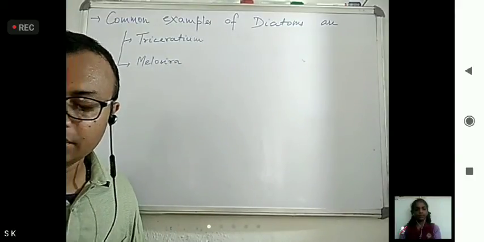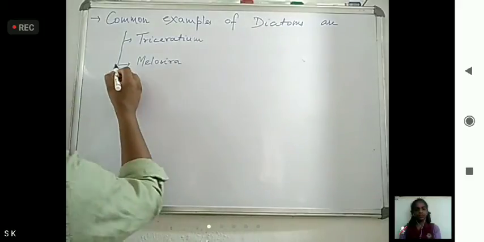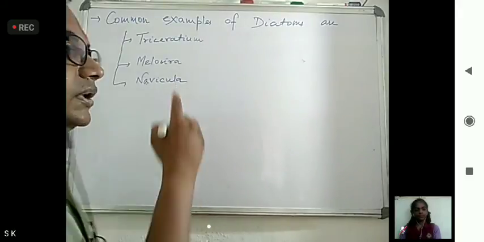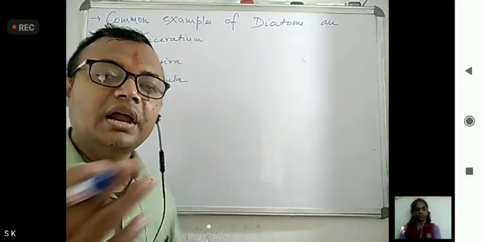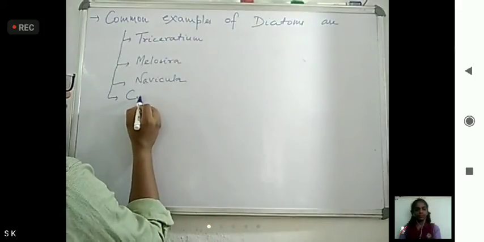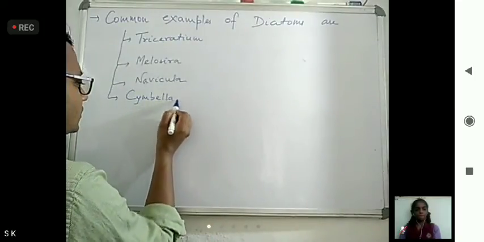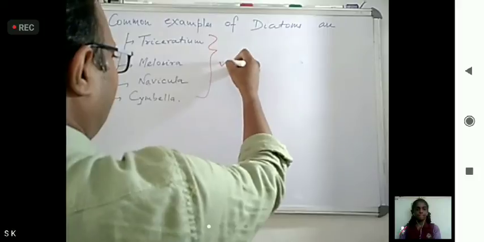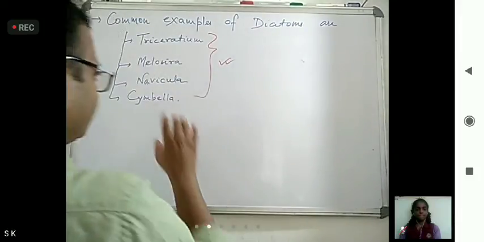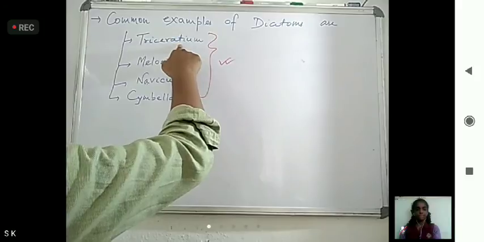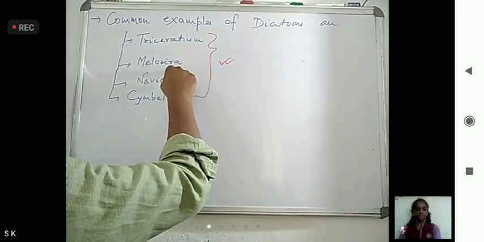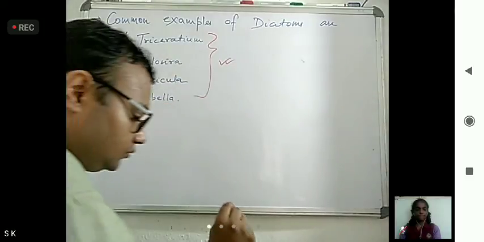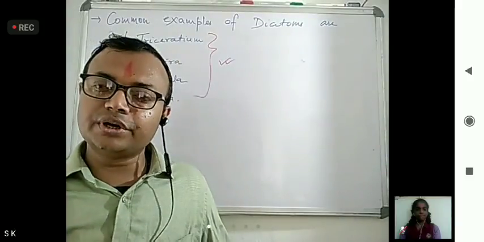Next is Melosira. Next is Navicula and Cymbella. Question directly asks for diatoms common examples, so you have to remember. First is Triceratium. Next is Melosira. Next is Navicula. Next is Cymbella. Okay. So under chrysophytes, what we discussed first,